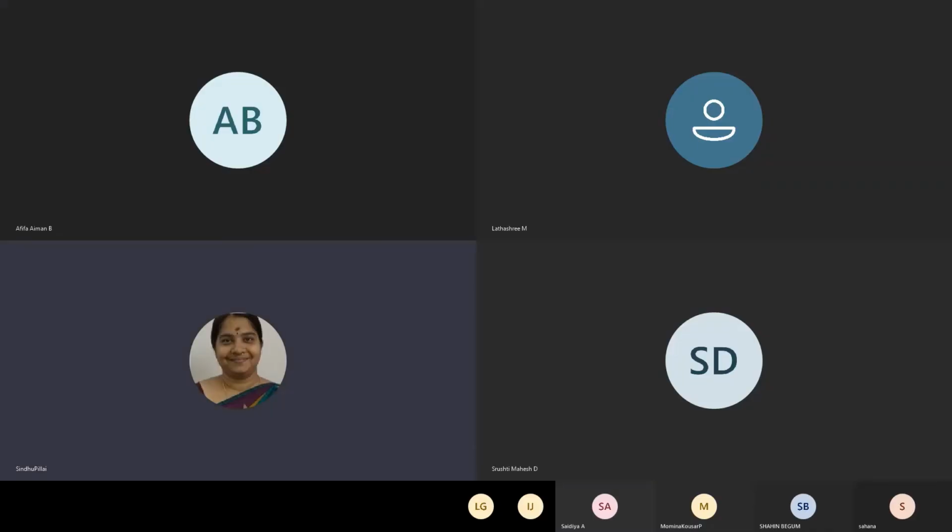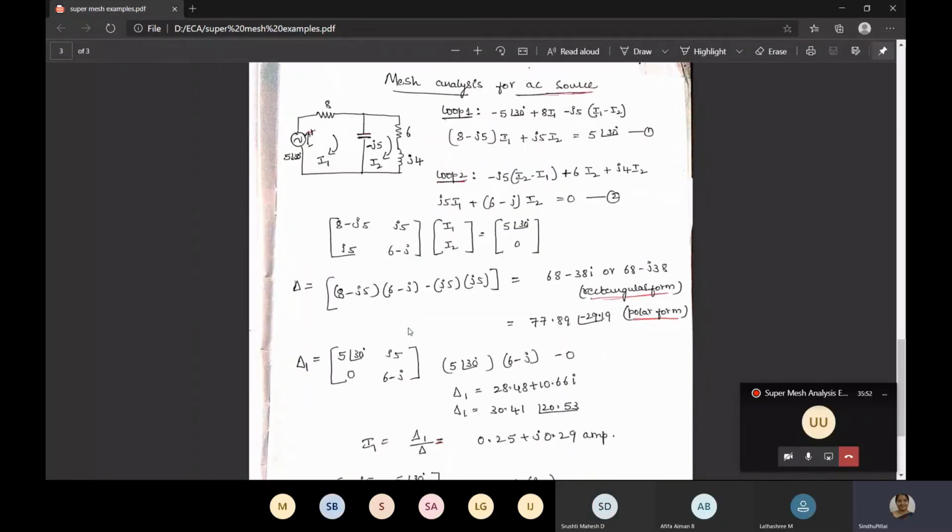We'll see now how to solve the mesh analysis for AC source. So first, students, take your calculators. In that calculator, go for mode and press 2 and put the calculator in complex form. Okay. After putting the complex form, just see the screen here. Hope you can see. We have a network, a simple network with two loops, but all they have the AC source. Okay, AC source will contain this capacitor and inductor. Till now, the problems solved contained only resistance. Okay, here we have capacitance and inductance.